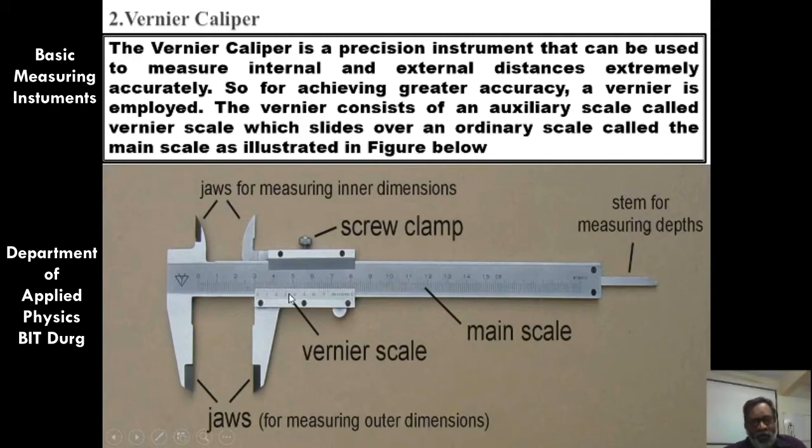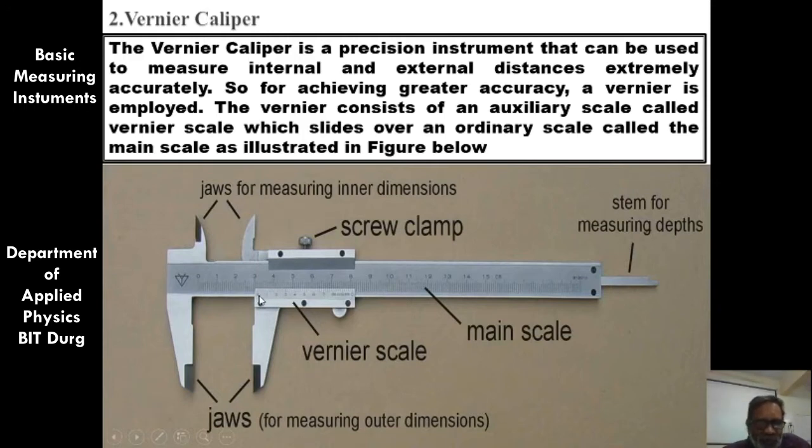And whenever we want to find the least count, in the case of vernier calipers, the least count, which is a general term, has a special name, and that name is vernier constant. So basically in the case of vernier, we do not find least count, instead we find the vernier constant for the vernier scale. So let us see what is the definition of the vernier constant.